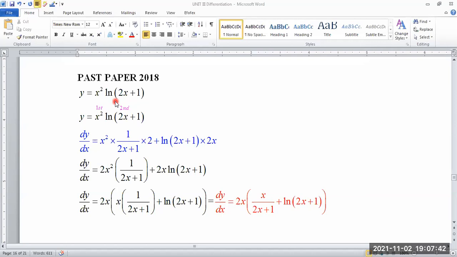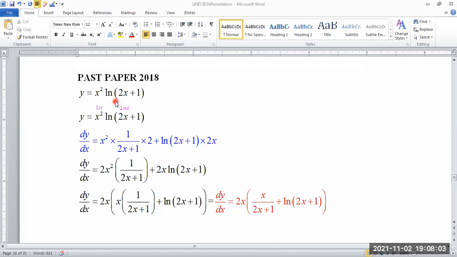Can I use a quotient rule? No, sir. Why not? Because you're not dividing anything. Okay, very good. Can I use a chain rule? No, sir. Why not? Because the terms are not separated by either addition signs or plus signs. Okay. So, sir, it has to be the product rule.